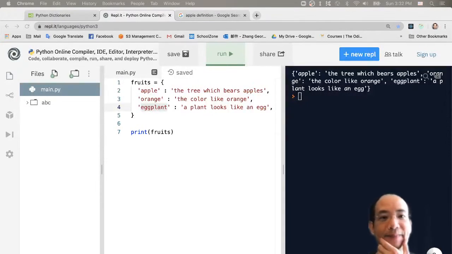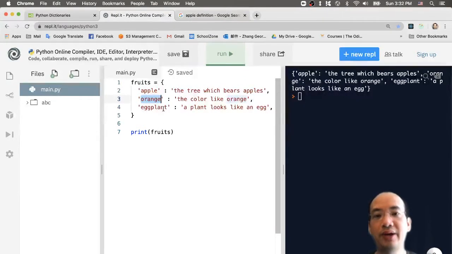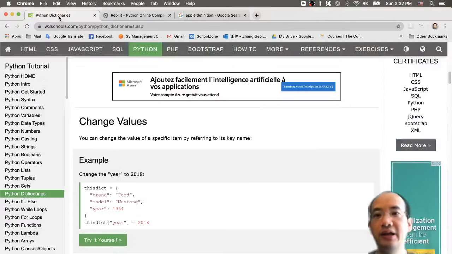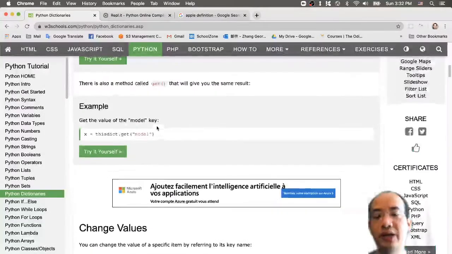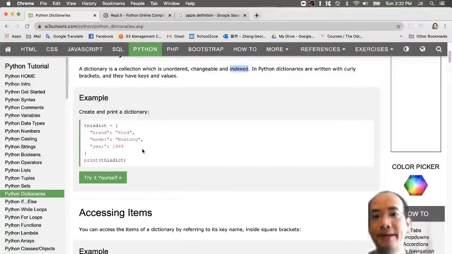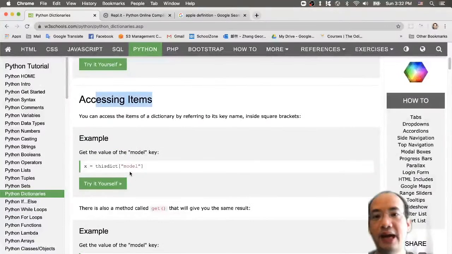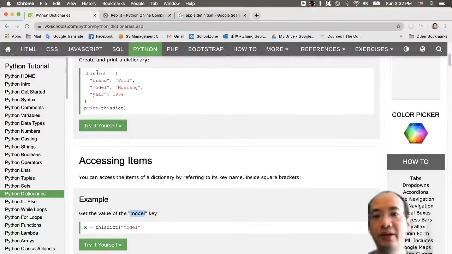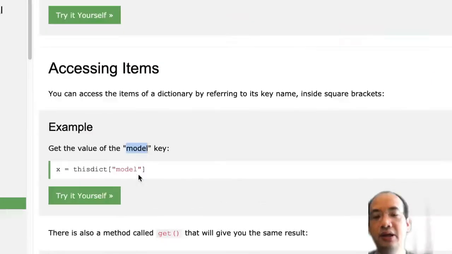Okay, I guess most of you have already done this, and now it's easy. If you want to pull up the definition of orange, how are we going to do that? We just learned in W3Schools that if you want to access the items, you use a key. For example, they define a dictionary variable to hold the dictionary, and that's why they use the key inside